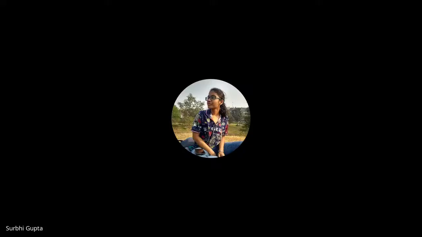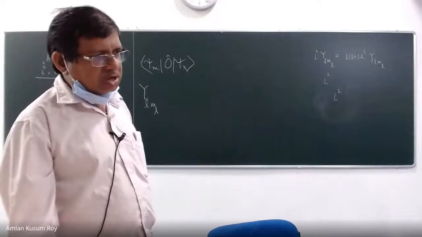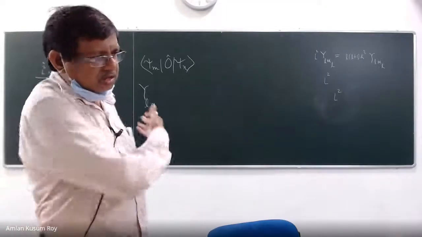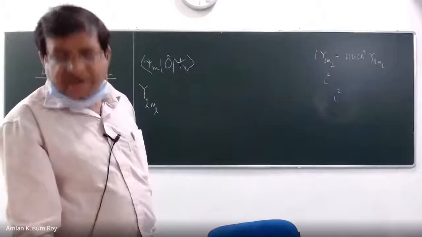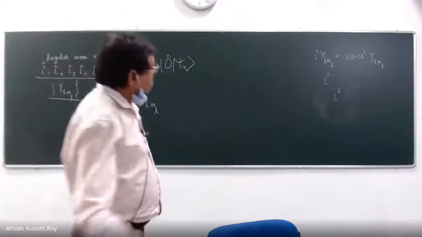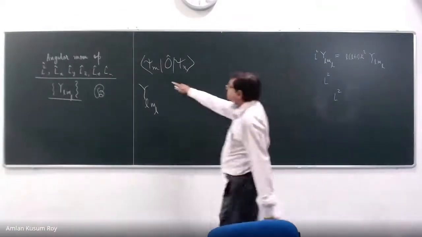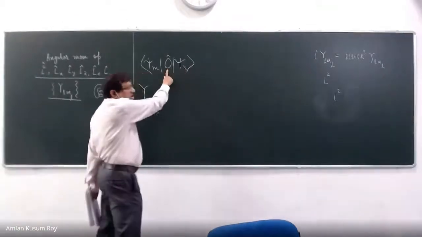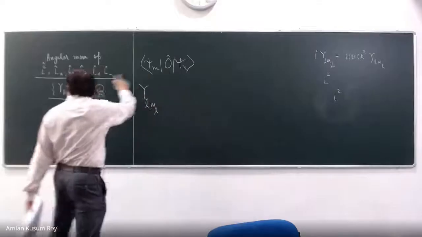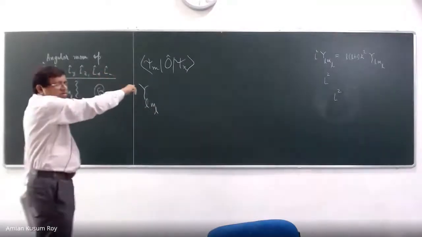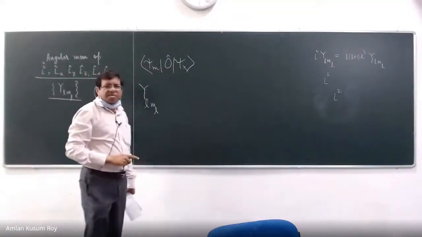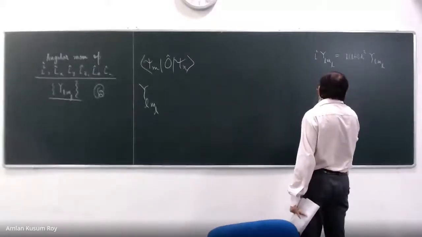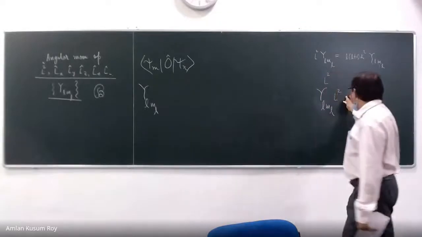So psi m here is our basis. Psi m is the basis. So I am just asking what is the basis. I just wrote it 2-3 times on the blackboard. Spherical harmonics. So what should I write? Matrix element is this. Your O is L square, right? Yes, sir. Because my O will be replaced by all of this. I will do one by one, but my easiest one is L square. So what is psi m? That is what I have asked you. YLM. So just write YLM. That's so nice, you know. And what should I write here?